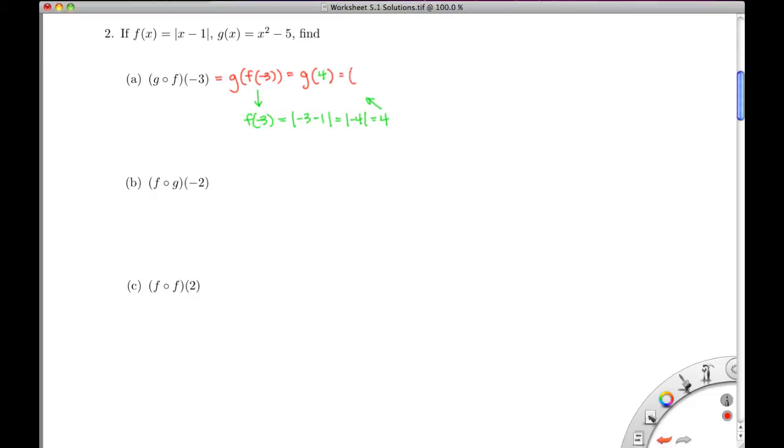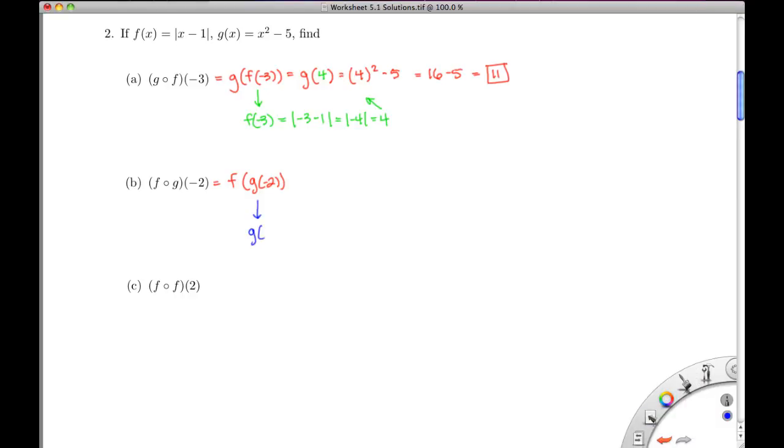And g takes the input, in this case 4, squares it, and then subtracts 5. So that's going to give us 16 minus 5, which will give us a value of 11. So that's what we get for part A. For part B, we're going to take f, compose it with g, evaluate it at -2. So that's going to give us f of g of -2, which we will diligently